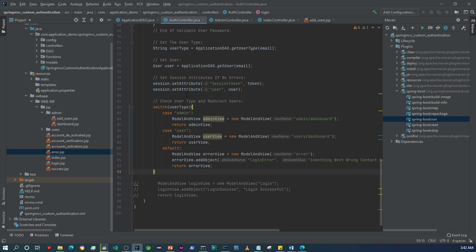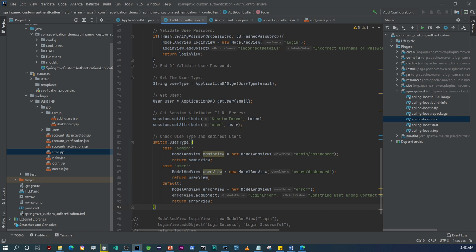If not, it'll redirect back, or it'll prevent any access to whatever pages we want. So it won't forward the request to the controller if our conditions are not being met. Now, with that being said, since I've added these two session attributes over here,